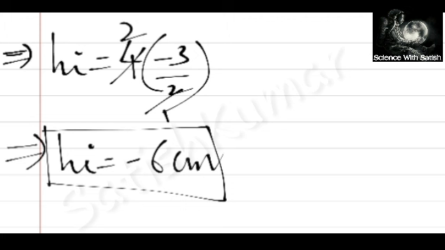If you go through the problem, the focal length is given as 12 and the object distance is 20, meaning we kept the object in between focus and center of curvature, because if focus is at 12 centimeters, center of curvature will be at 24 centimeters. So, in between focus and center of curvature. According to the principles, the image should be formed beyond C. That is why it formed beyond 24 centimeters, at 30 centimeters, and it will be enlarged. We get an enlarged image. That is why the height is 6 centimeters.